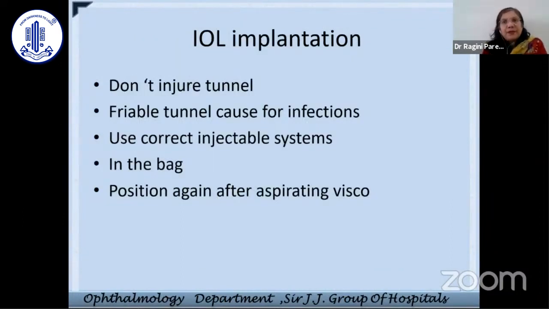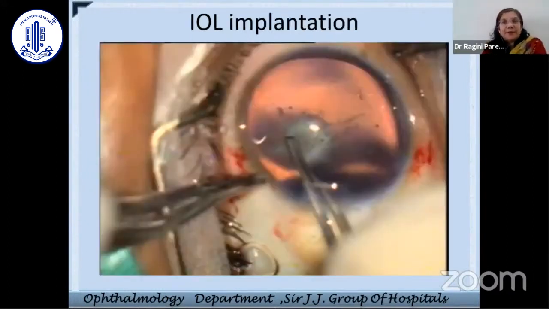During IOL implantation, one must remember not to injure the tunnel. It is okay if the incision is 1 millimeter extra, but making or injuring a tunnel causes it to become friable and it can be dangerous with respect to endophthalmitis. Correct injectable system should be used, and it should be positioned in the bag, the IOL, and the visco should be aspirated. So as you can see over here,